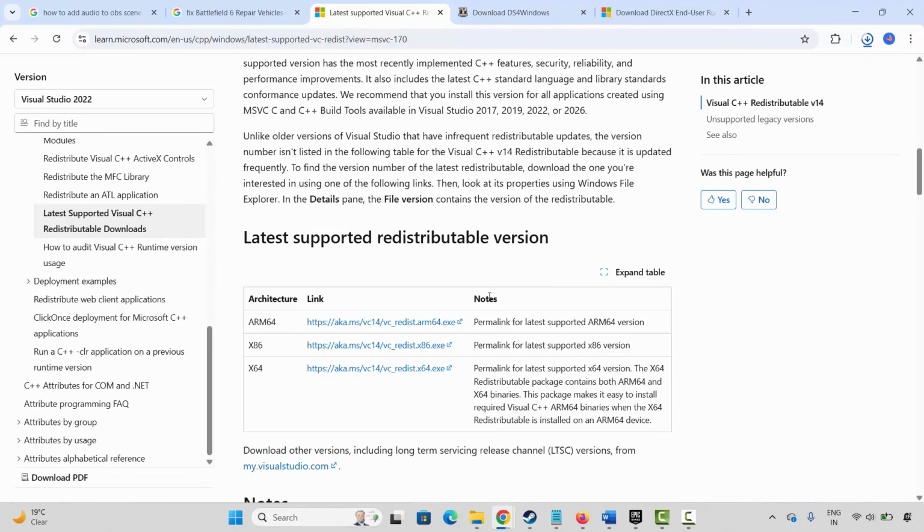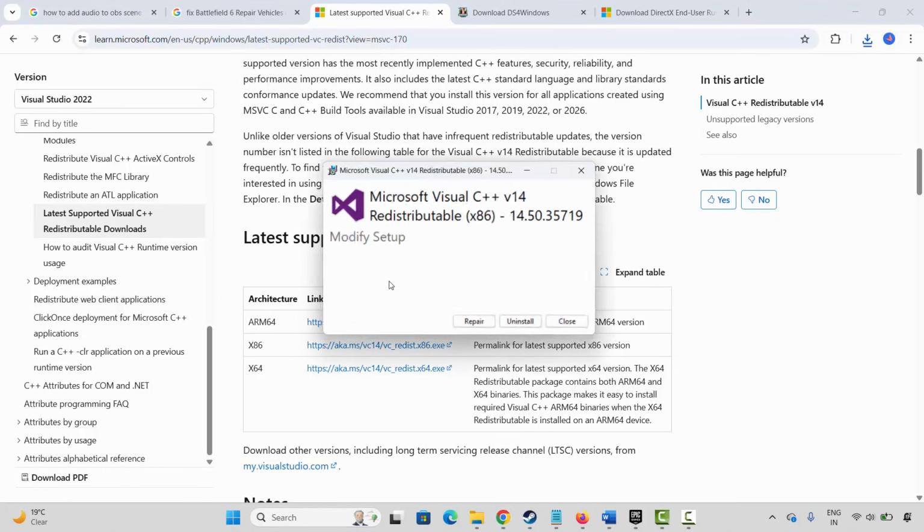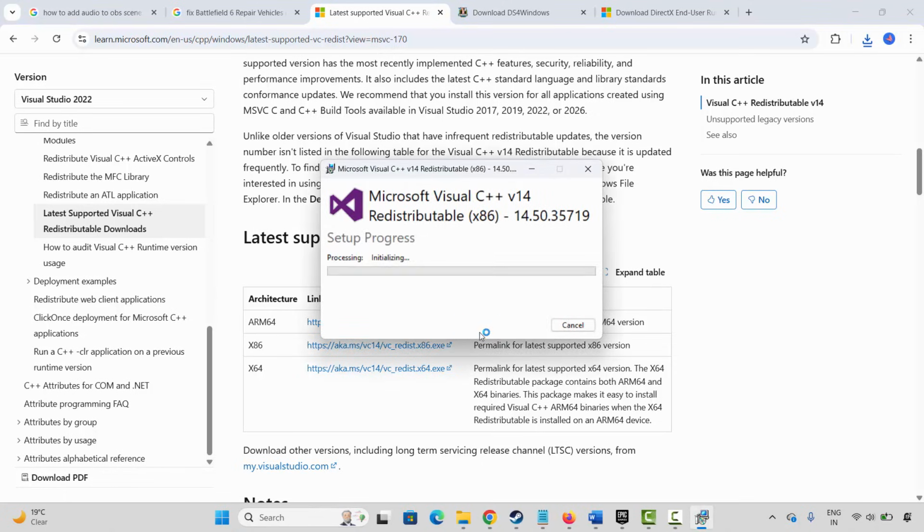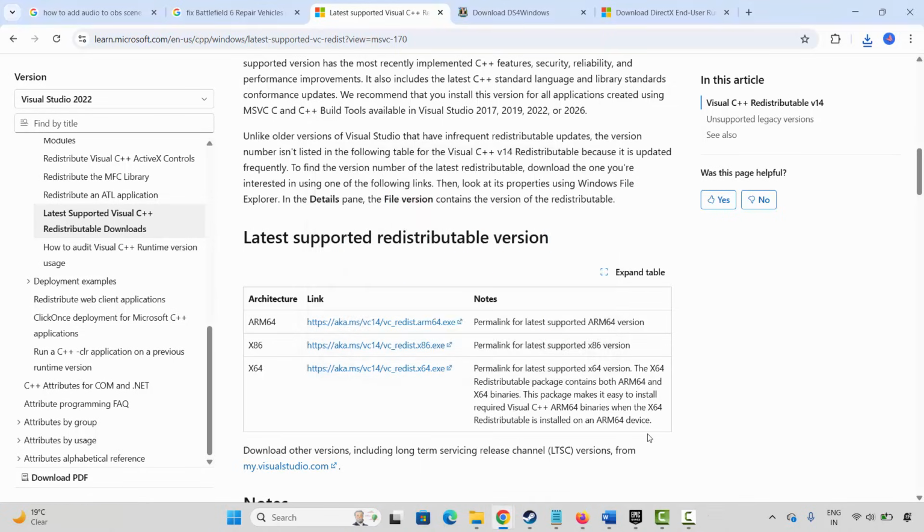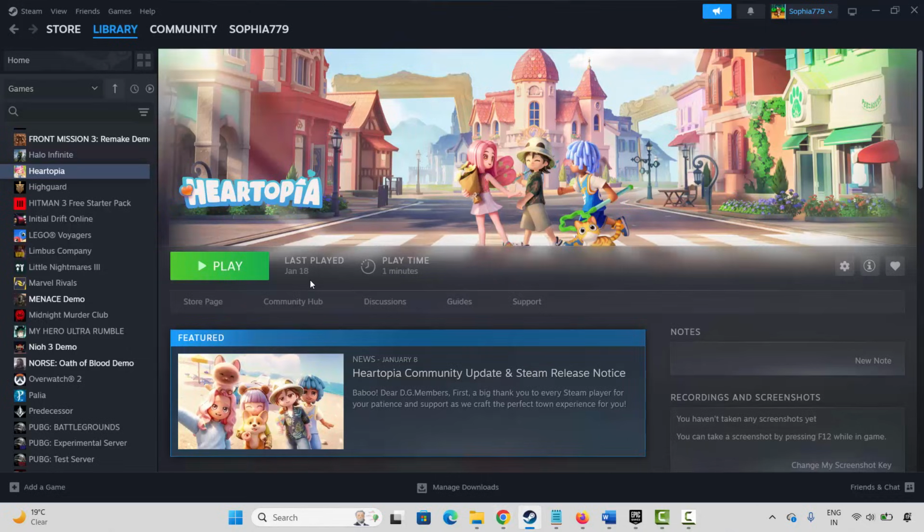Once the Visual C++ files is downloaded, you have to open it. Once you open it, you will get repair or install option. Click on it and wait for some time. After you get setup successful message, close this. Now restart your PC. Once your PC restarts, now launch the game and check if this helps to fix the issue. If not, you are suggested